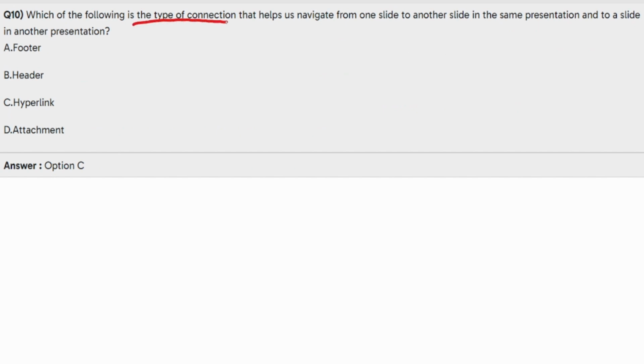Which of the following is a type of connection that helps us navigate from one slide to another slide in the same presentation, or to a slide in